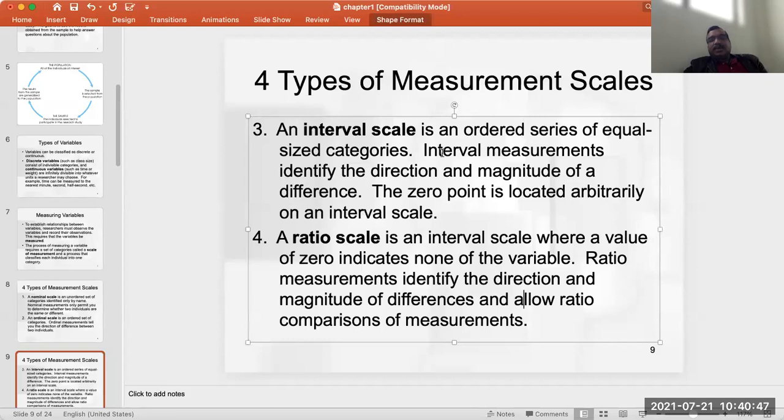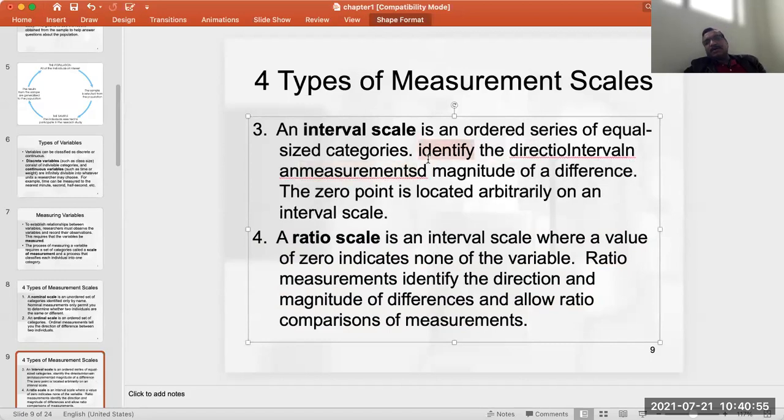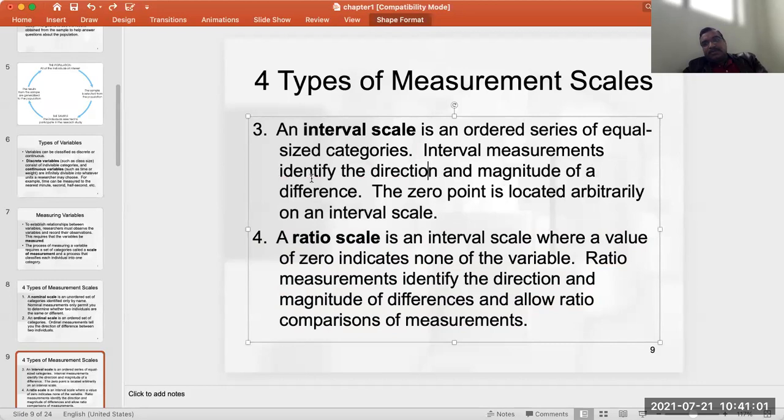Okay, so that is the basic difference between the interval and ratio scales. And we have different types of scales depending upon our purpose. We find out what scale we have to use.